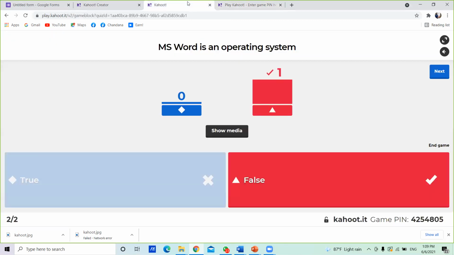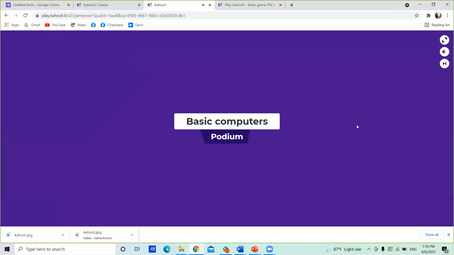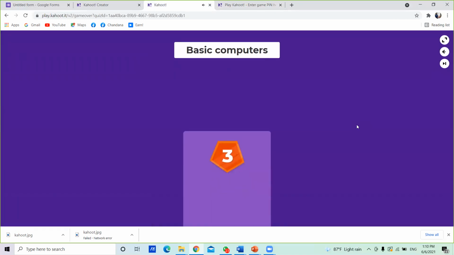Then move to the teacher screen. The teacher screen looks like that. How many students correctly gave the answers, what the correct answer is, how many were wrong, all that information can be seen on the teacher screen. Then click the next button here. There are only 2 questions available with this assessment.